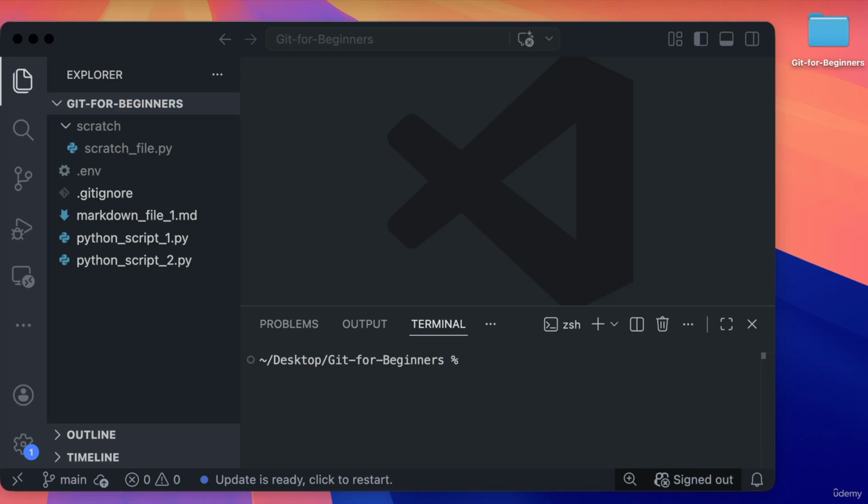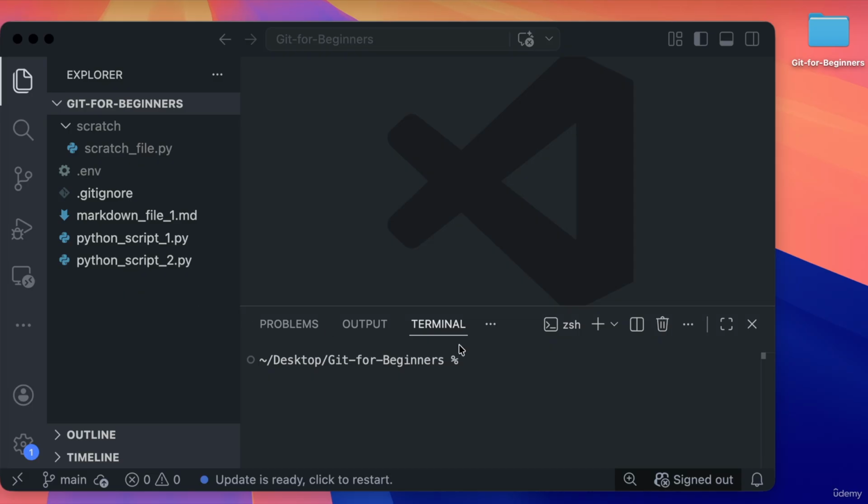Let's get hands-on with branching. I want to create a branch and do some cleanup of this repository. I've added these files just so I can demonstrate some of the basics, but I don't need these Python files or this Markdown file anymore. So let's create a branch, make the changes there, which is to remove these files, and then merge the changes